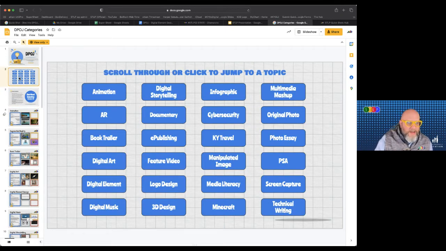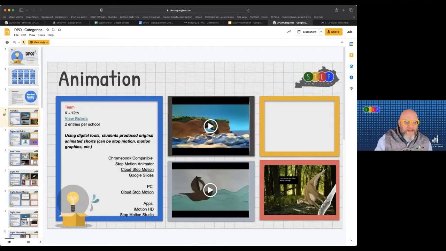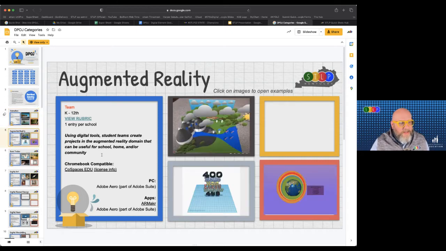By clicking on animation, it takes them ahead to the animation slide, which gives them some examples, links them to the rubric, talks about what kind of materials, what kind of resources they'll need to work on the animation. Fantastic, right? And so from animation, we also have augmented reality, which is about students using digital tools to create